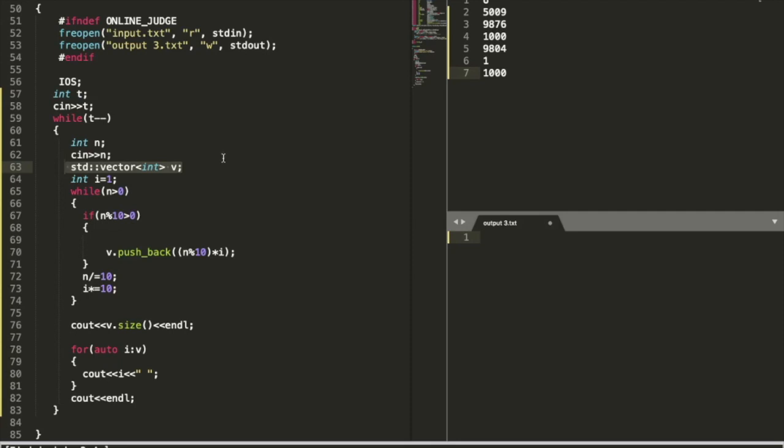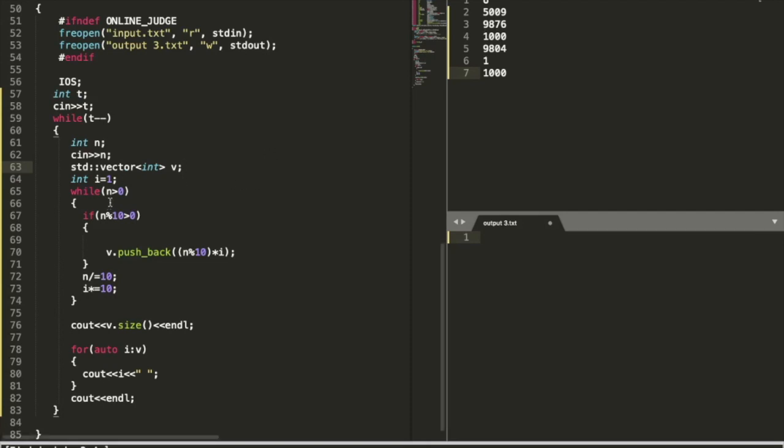You can also create an array if you don't know how to use a vector, but a vector is quite efficient in this type of question where you do not need to know the size in advance. I will initialize one variable i that will give me the current place of the digit. That is, for 6 it will give me 1, for 7 it will give me 10, for 8 it will give me 100, for 9 it will give me 1000, likewise.